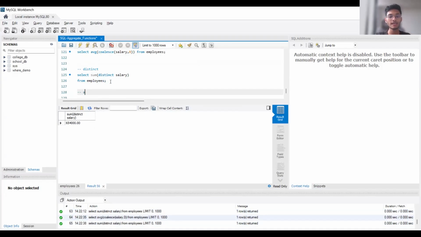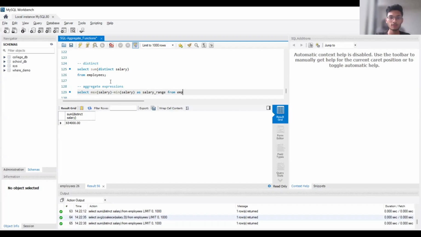Let's move on to aggregate expressions. So let's say you have to write one expression. Let's say select max salary minus min salary. What I'm going to write is the difference between the max salary and the minimum salary, as salary range